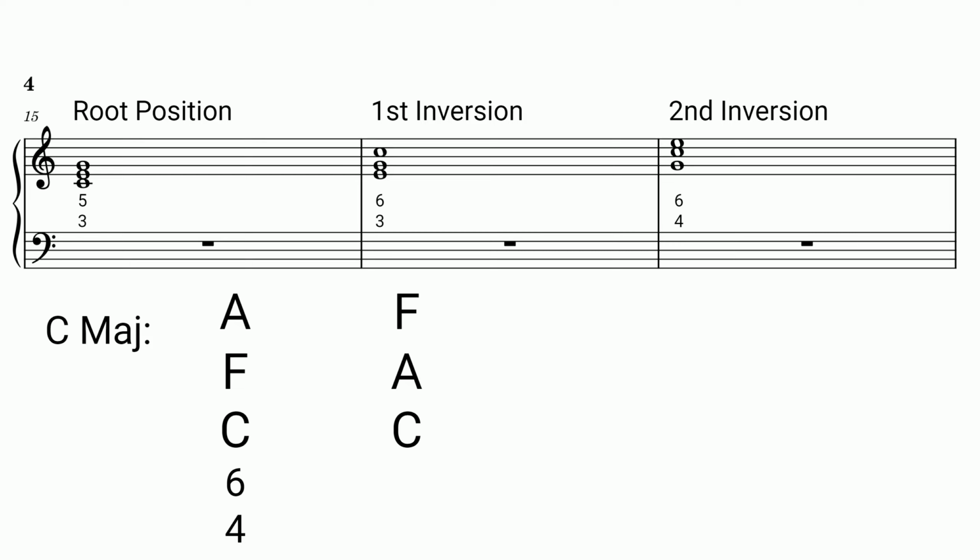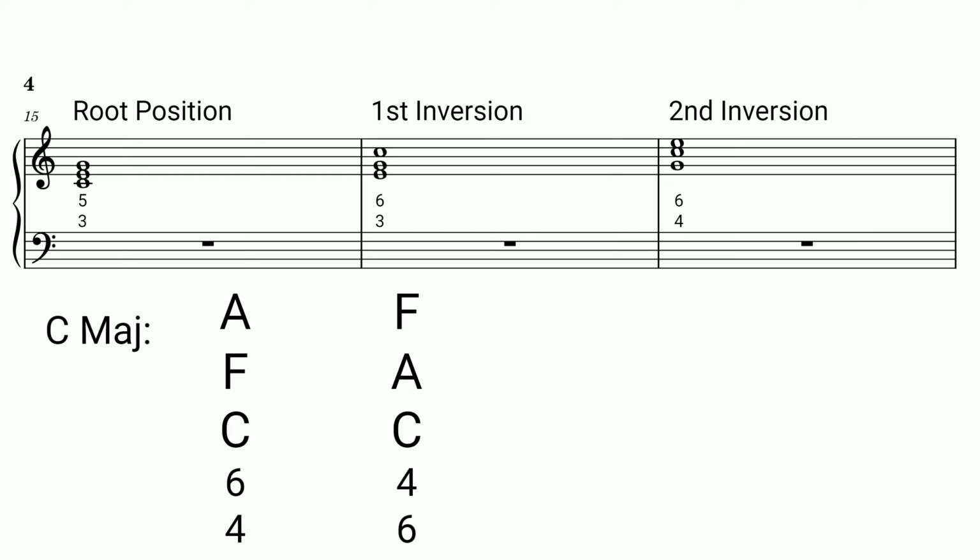But then if I flip those top two notes, instead of having C, F, A, if I have C, A, F, that's going to oftentimes be called still a 6-4 chord. But like I explained, a lot of times for a composer, you're just going to be using this as identifying your own score when you're writing your music. So in fact, instead of calling this a 6-4 chord, I would just call it a 4-6 chord,